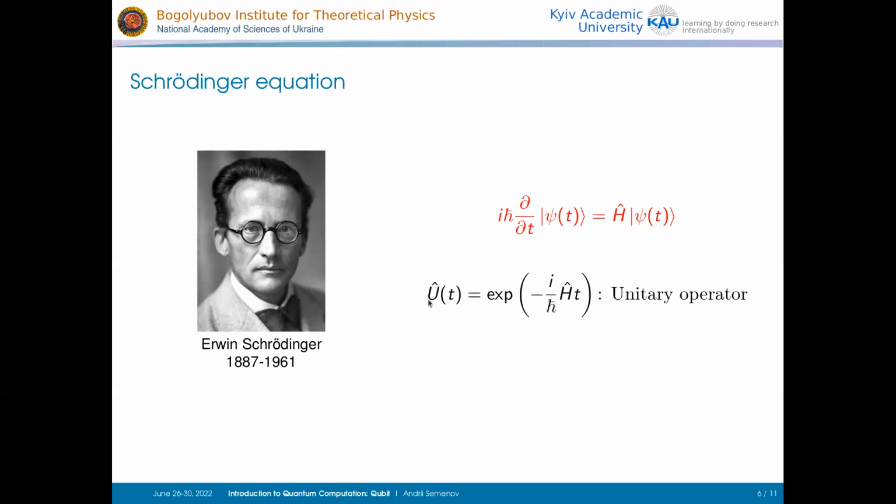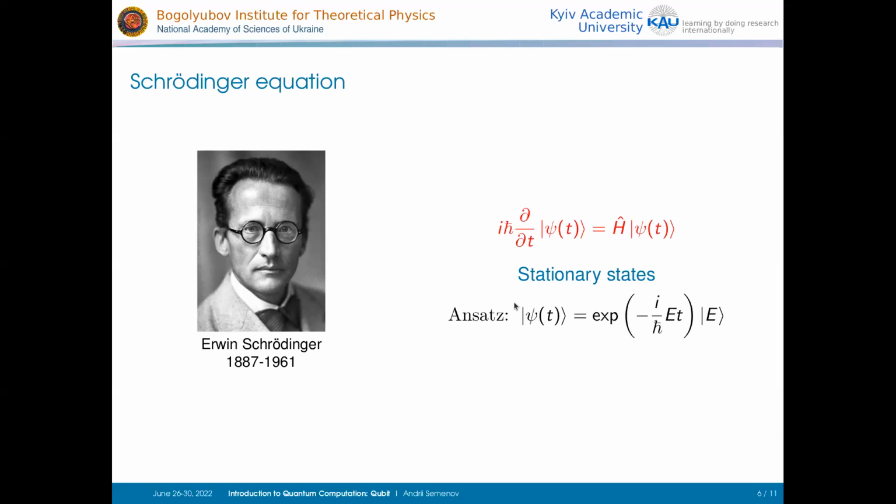So this results in any unitary operator: you can act with this unitary operator on the initial fiducial vector and get, after that, a solution to the Schrödinger equation. A little bit more formally, here is how it works in practice. We can try to find a solution of the Schrödinger equation in such a form, like a